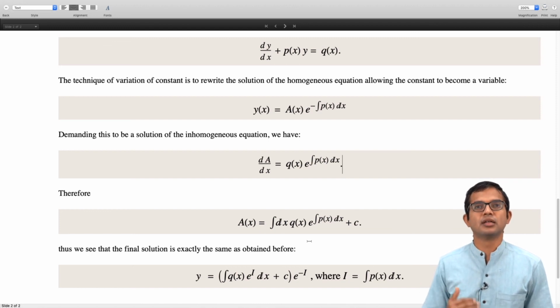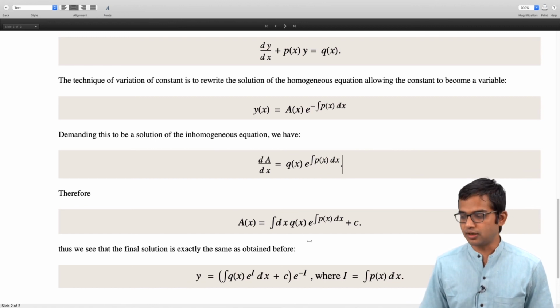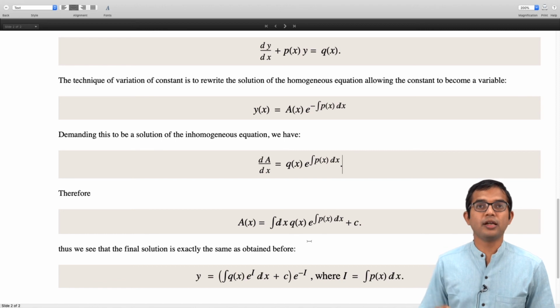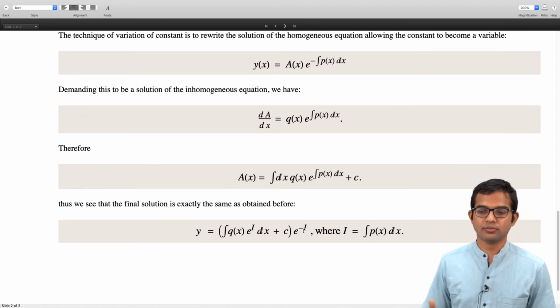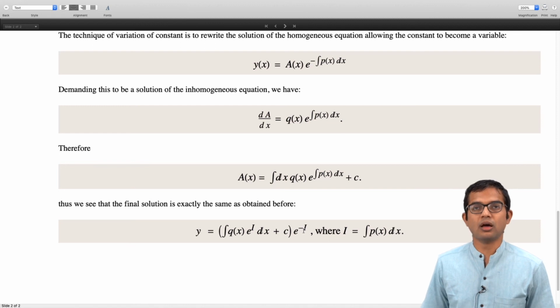It's just useful to look at the same problem from many different angles and see that they all come together in a nice way, so that our understanding of the theory behind this is solidified, right? Invoking this philosophy, we have taken another look at the first order linear differential equation in this lecture.